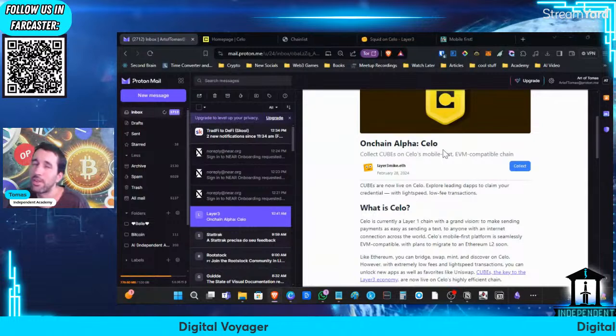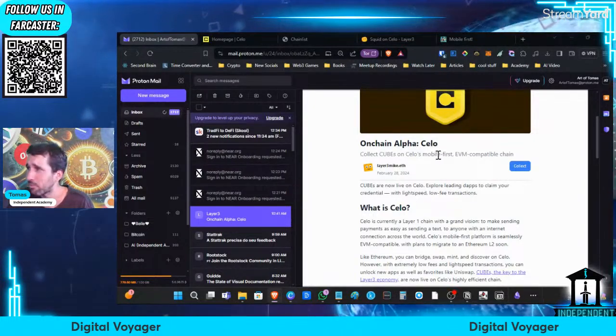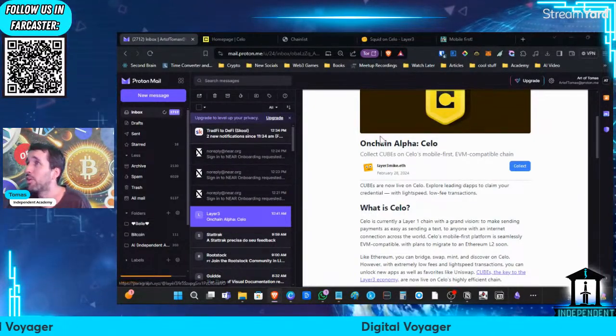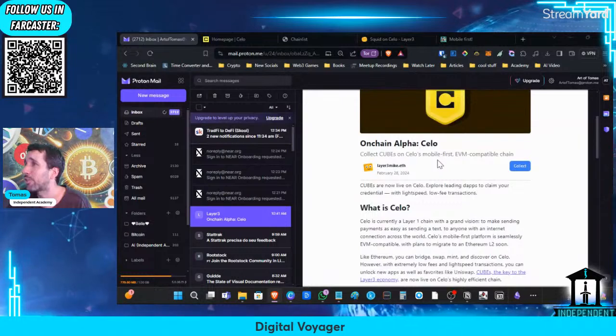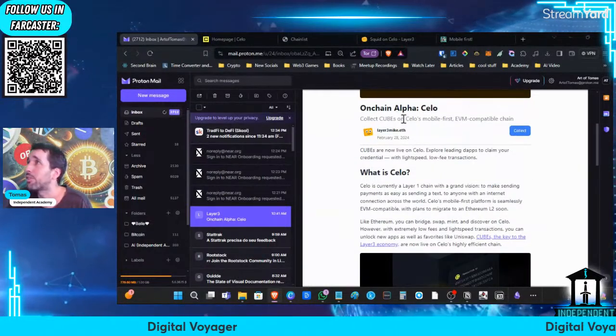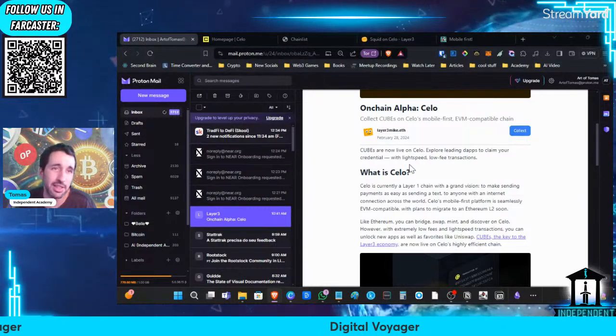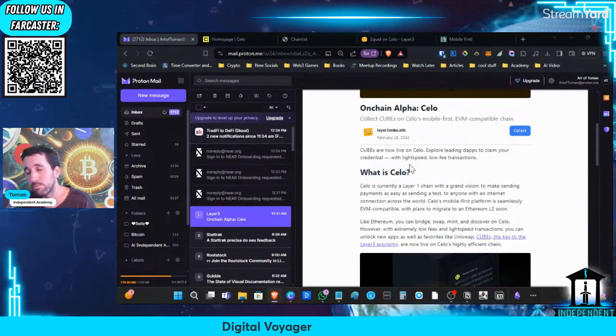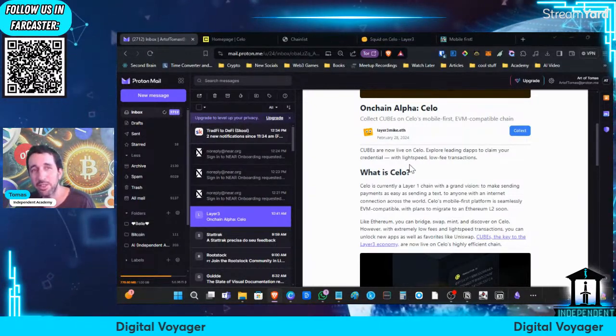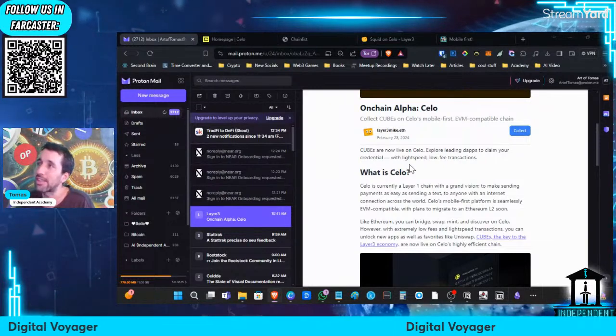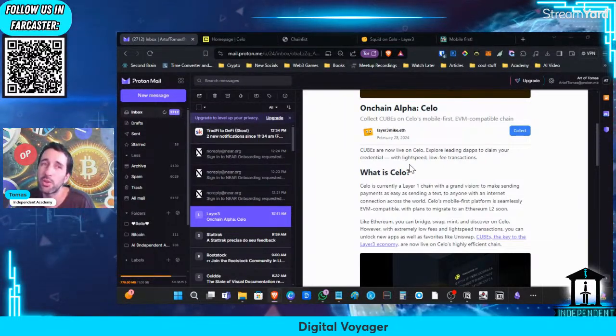So the reason why I wanted to do CELO today is that I just received an email from the Layer 3 project. Layer 3 is a very interesting place where you can get quests to explore all the different applications and ecosystems, and you can collect on-chain rewards.